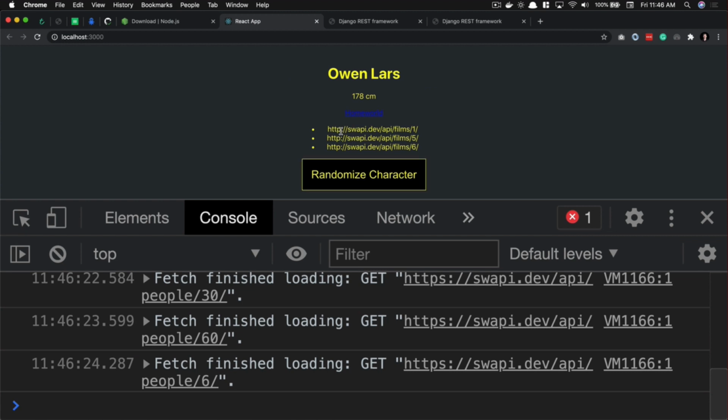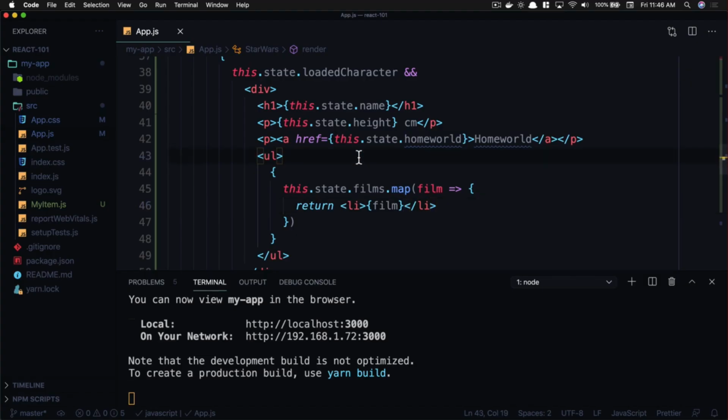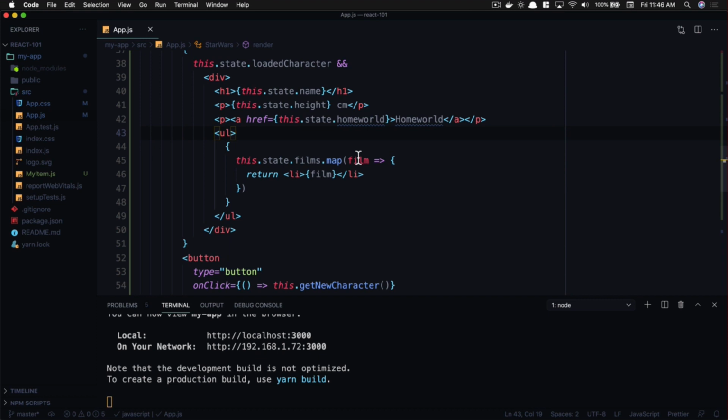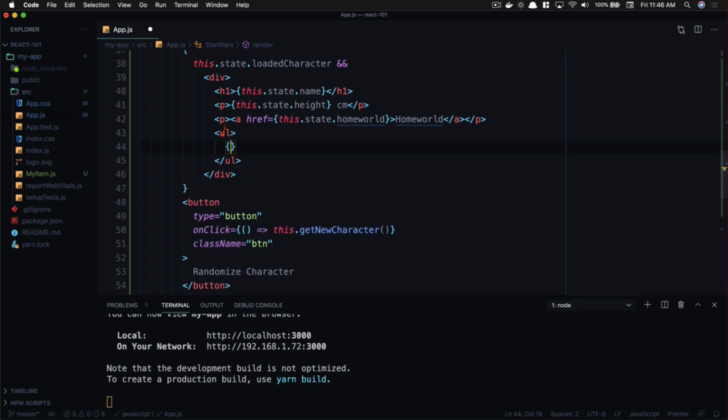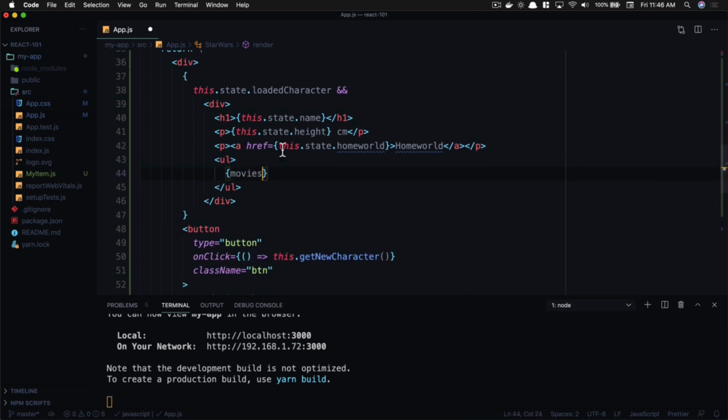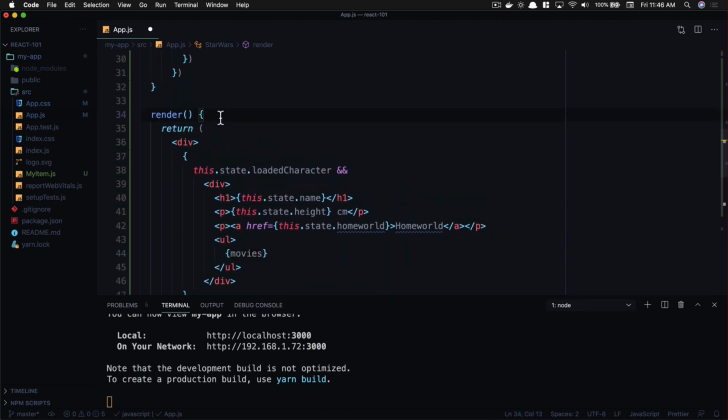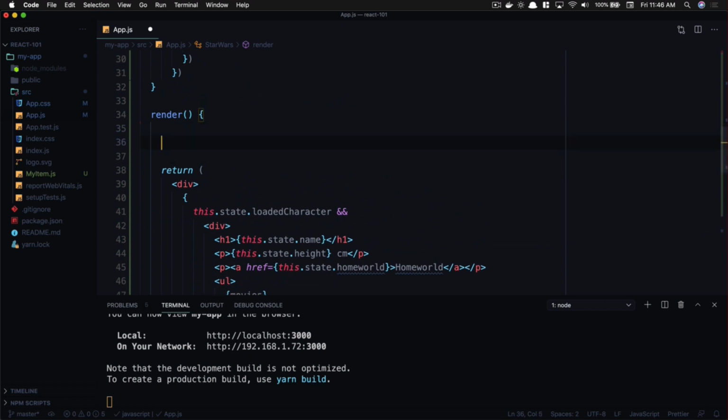Now that's really, really cool, but what if we wanted to throw this into a new component? We could do that very, very easily. And so what I'm going to do here is, because there's a lot of code, I'm going to make this a little bit smaller here, and we're going to get rid of this. And we're simply going to call this movies. And up here, in our render function, above our return statement, because nothing below a return statement is ever executed, we can say const movies is equal to